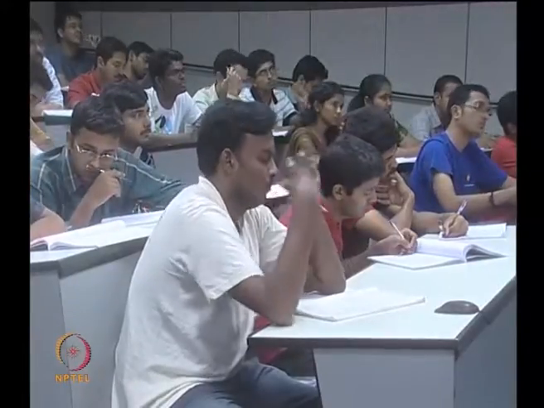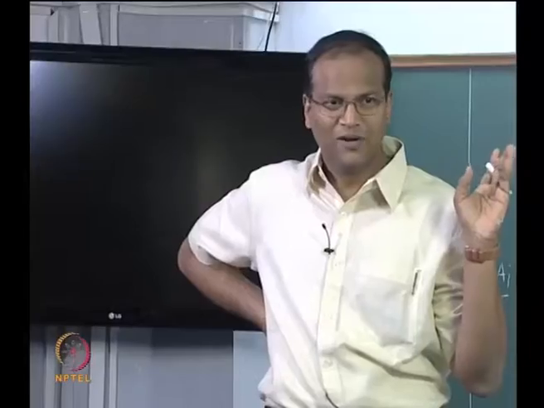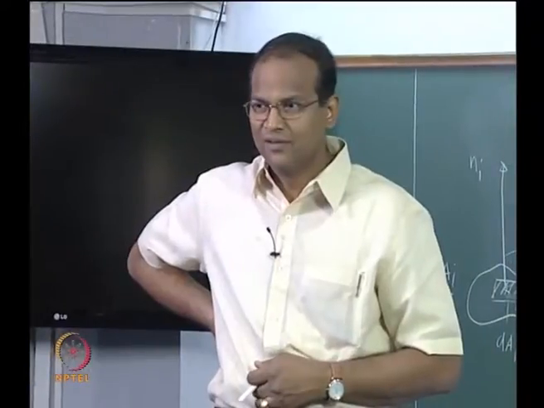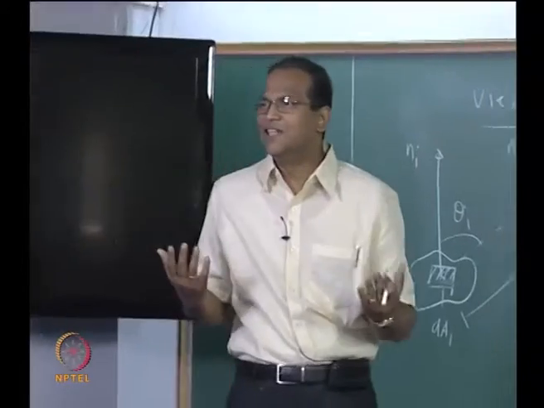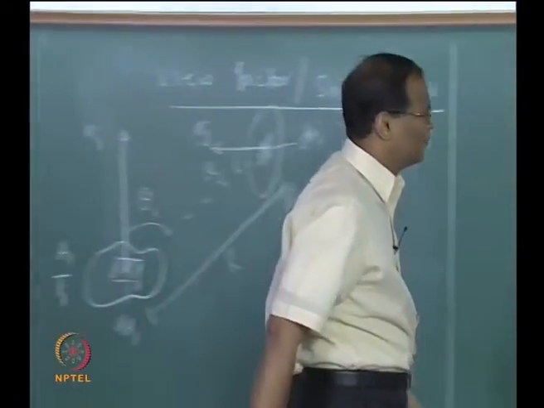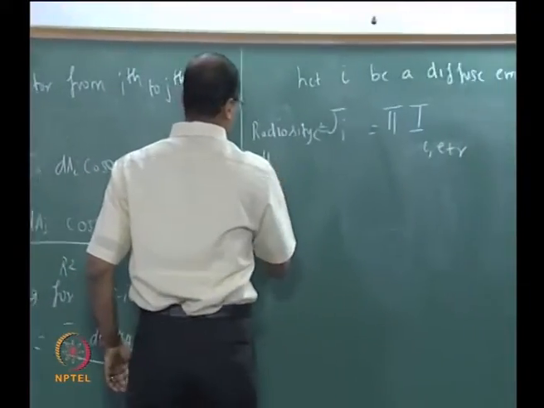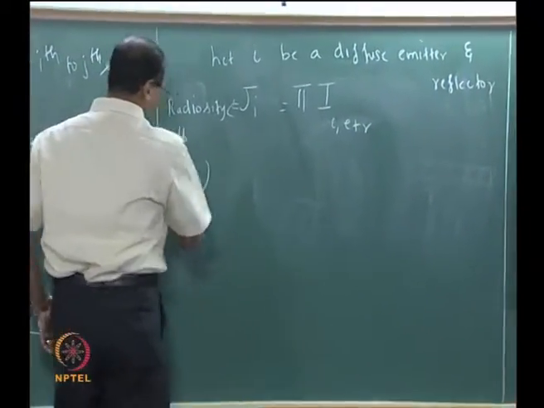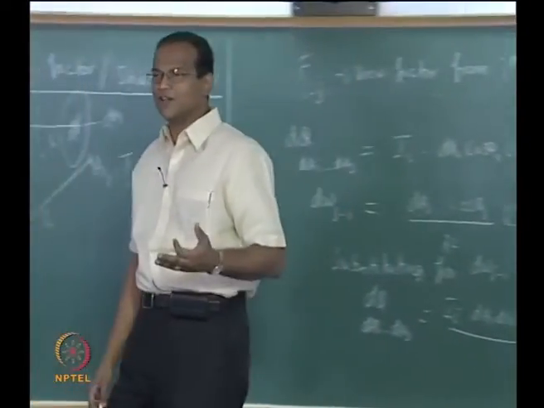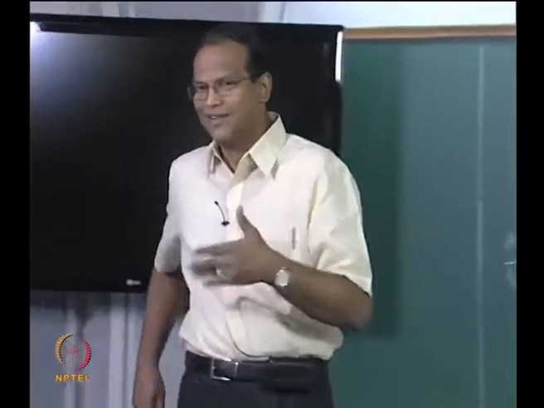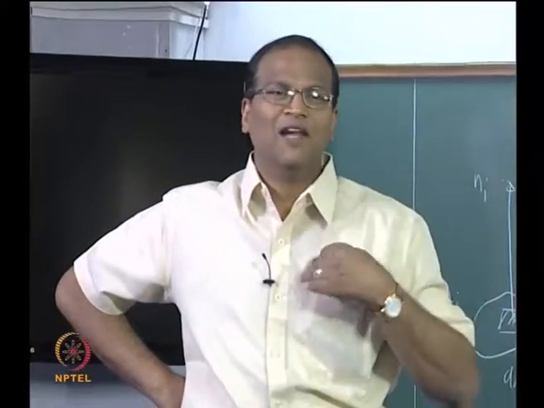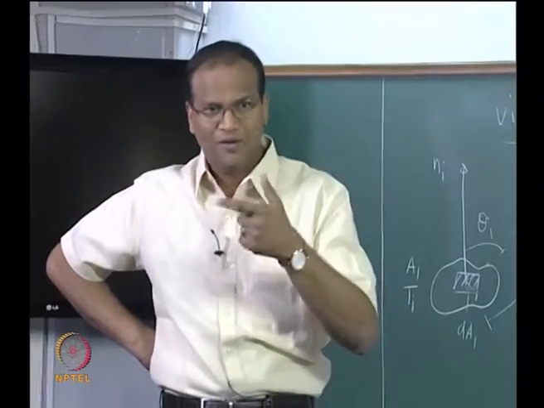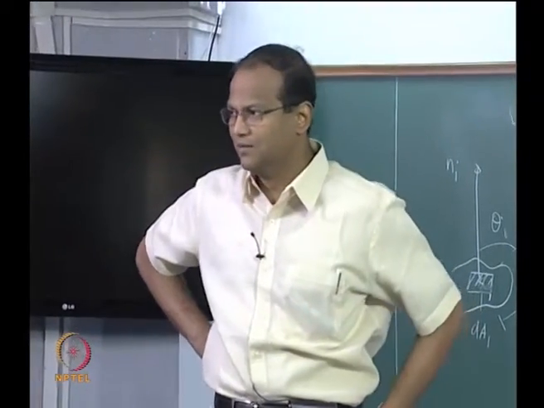Okay. So radiosity, what are the units of that? E is like a flux, that is the leaving intensity multiplied by pi for a diffuse surface. Do not ask me, sir, what happens if it is not diffuse, then all this theory will not apply, it becomes more difficult. This theory is applicable for gray diffuse surfaces. I will tell towards the end, we will list out the assumptions under which this theory is valid.